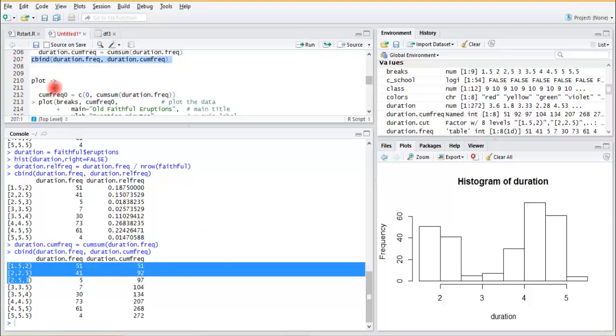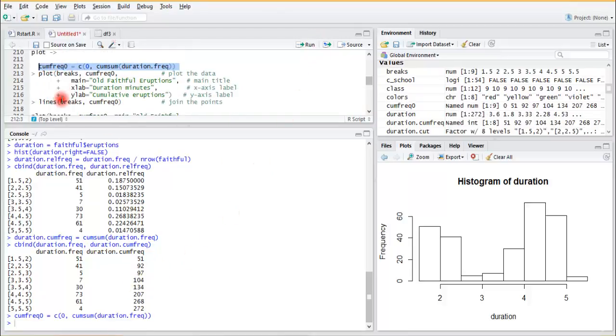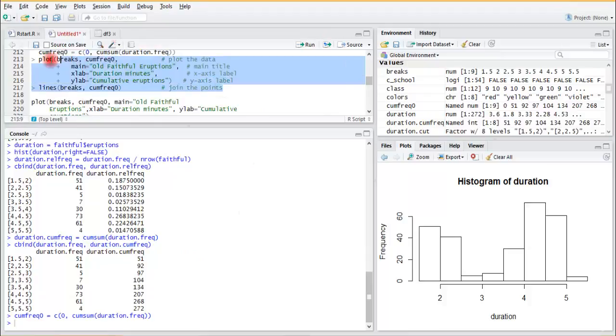How do we plot it? The cumulative frequency cannot be plotted as a histogram, because we want to plot it in a line chart or an area curve sort of, where we can see how much the line curve is increasing cumulatively. So let's create a variable. Using this set of code, I am creating another variable called cumfreq0 that holds all the cumulative frequencies for me. And this is the syntax to plot the line chart.